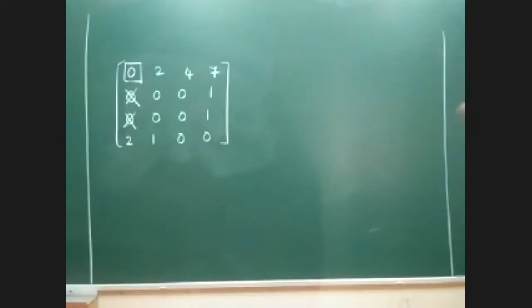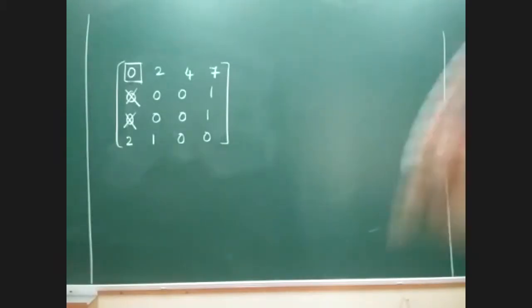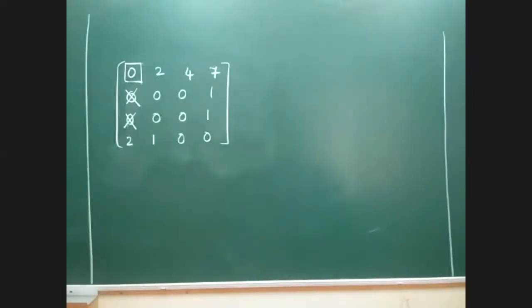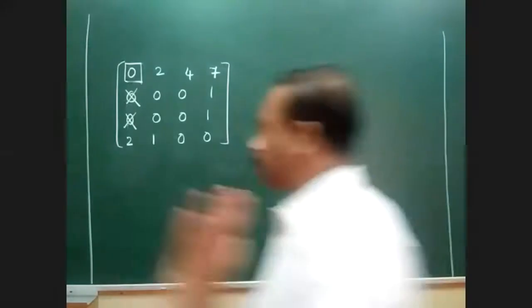With 2 zeros, 3 zeros, 4 zeros, there is no need to differentiate. You don't have to differentiate amongst the number of zeros. The only thing you should be concerned about here is whether there is a single zero or not. The moment single zeros are exhausted, the whole problem can be considered for further allocation. So you can take the third one. Okay. Now let me go to the second one.